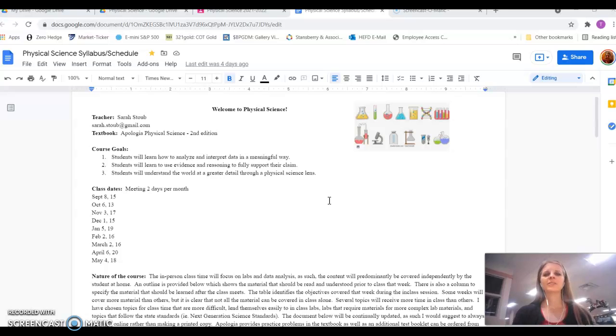Number two, I want to make sure that we can take those discussions about the data and really have a clear claim, evidence, and reasoning. That's a science skill that's really important and sets yourself up for any of the upper science levels. So anything that you go to in the science and anything in the world really, you have to be able to state what you think and provide some sort of support for that. And so I'm going to show students how to do that from a science perspective.